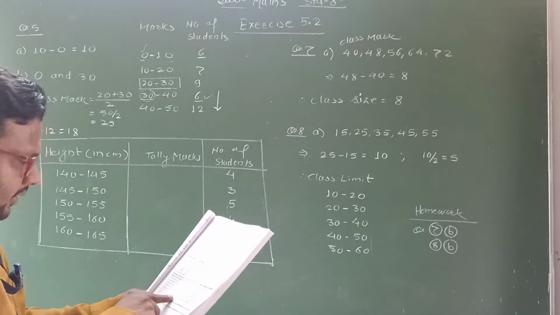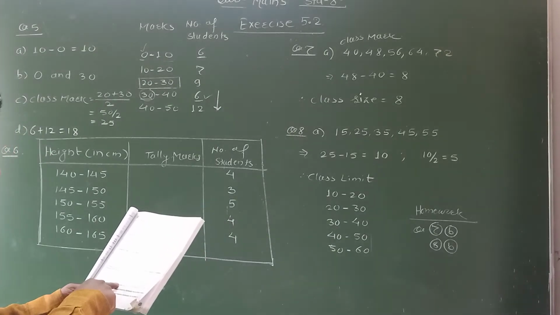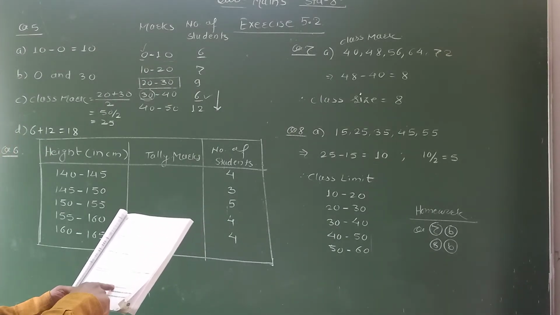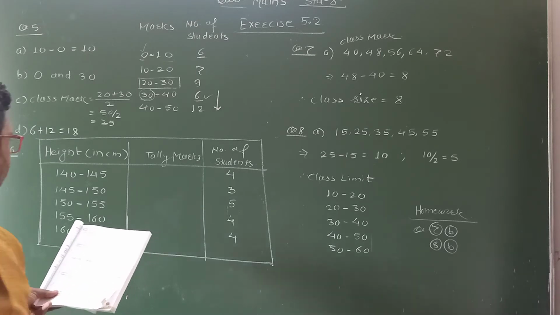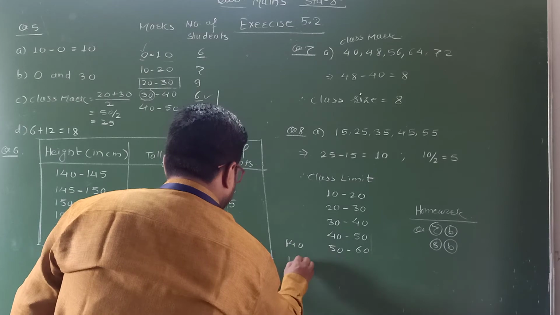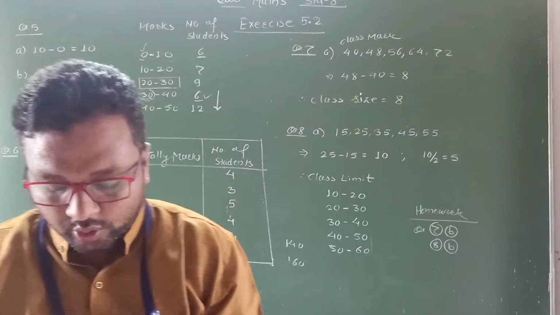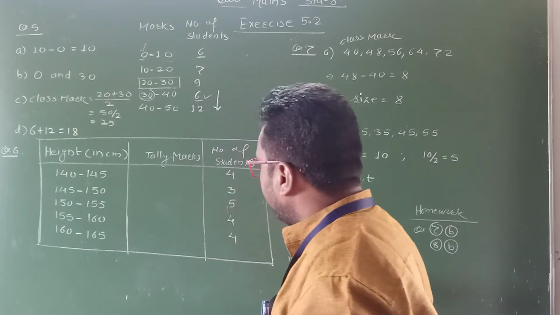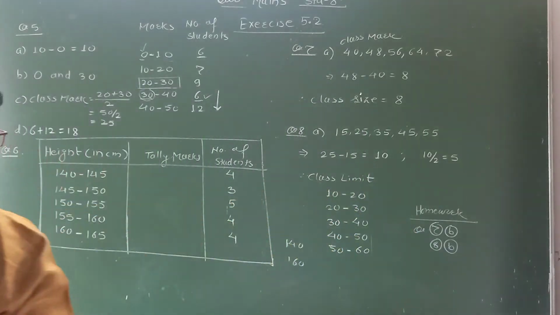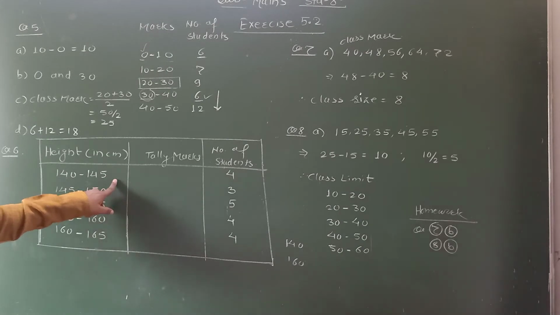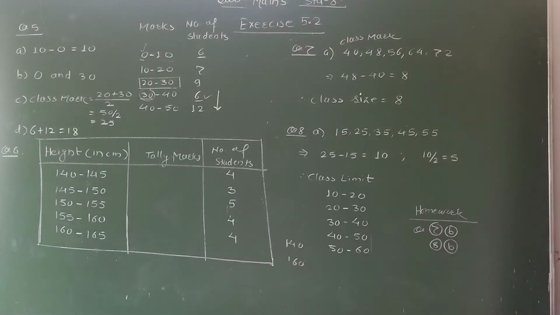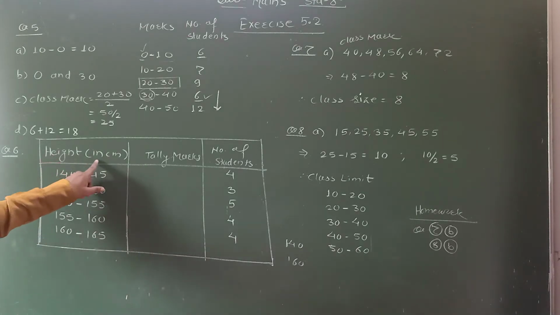Among the given scores, the least score is 141, and the maximum score is 162. Here we take the class size of 5. We can start from the class interval 140 to 145. Then next 145 to 150, adding 5 each time, then 150 to 155, 155 to 160 and 160 to 165. These are the class intervals which represent the heights of the students in centimeters.